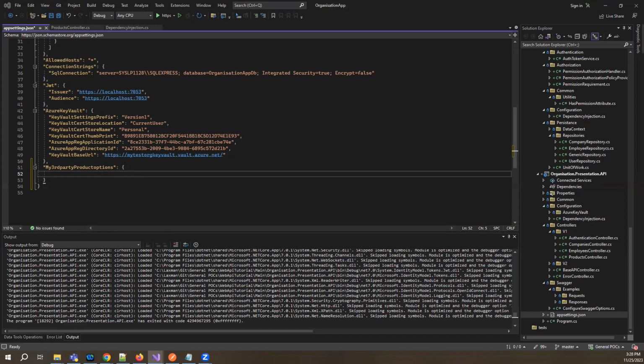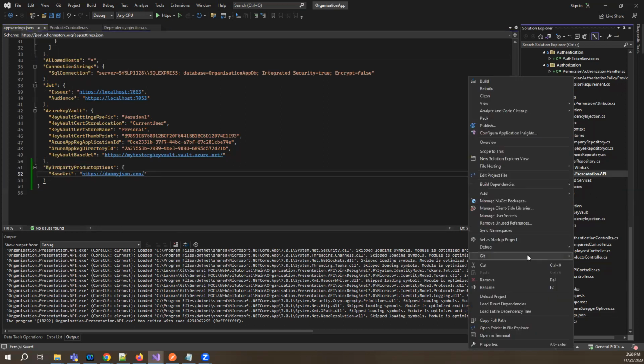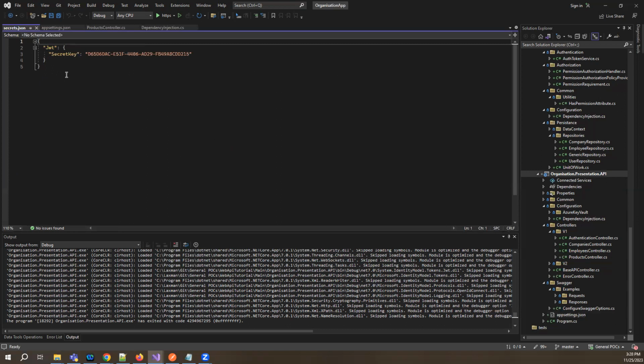But since we are doing it for production kind of scenarios, instead of storing the token, which is confidential, in here, we'll store it in the user secrets. Since we are in debug mode, we'll right click and say manage user secrets, and I'll add it here